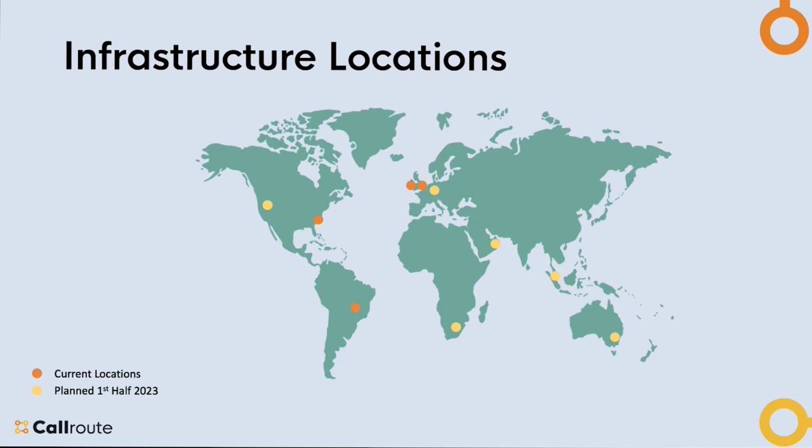In terms of infrastructure locations, at the moment we're in Europe, North America and South America, and we have plans to expand further beyond that in the next 6 to 12 months, so that it becomes a truly global solution that has availability regions, so that we can connect locally to your services, your carriers, wherever you may be. So that's it for